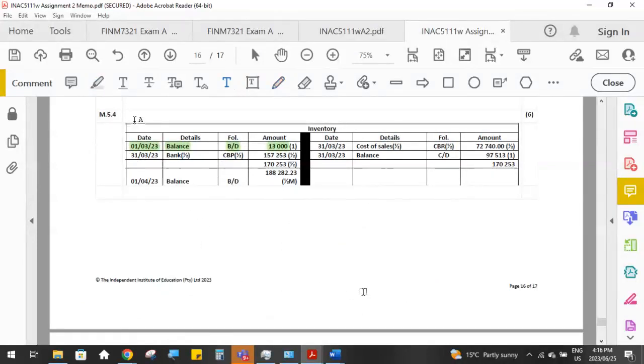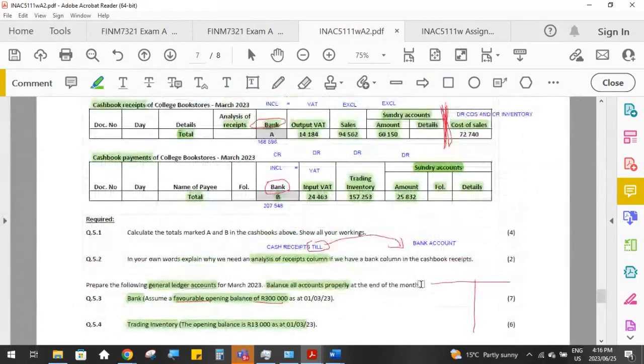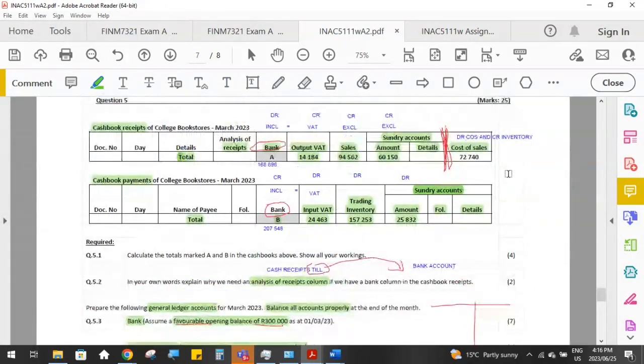Remember, this is my debit side. This is my credit side. The left-hand side is always the debit side. The right-hand side is always the credit side. Inventory, you need to know that it is an asset so that you know whether to debit or credit the amount. And then we're going to go to our cash books to see what entries